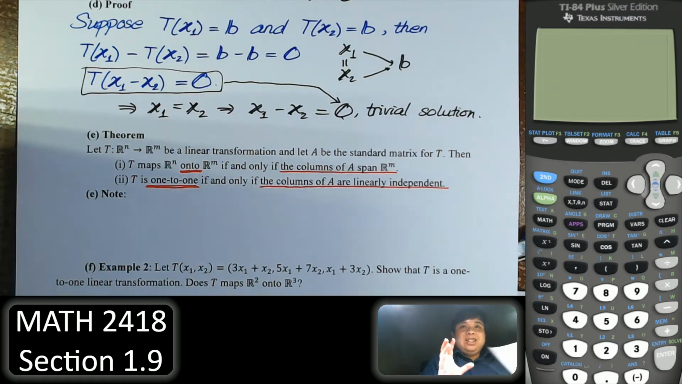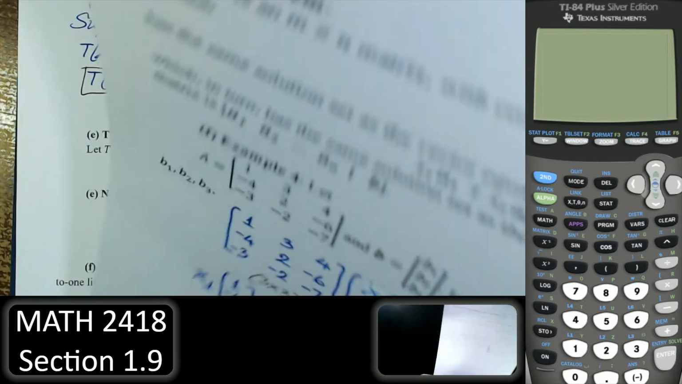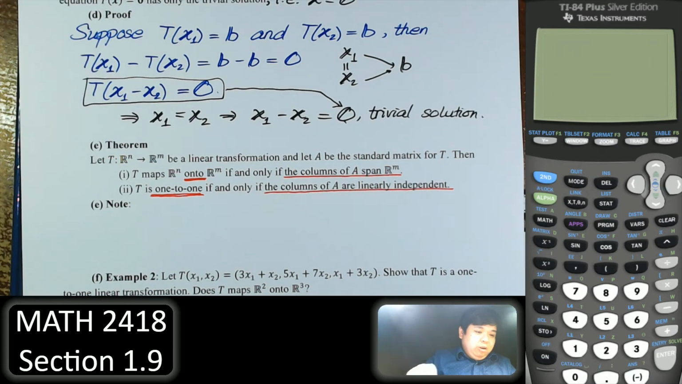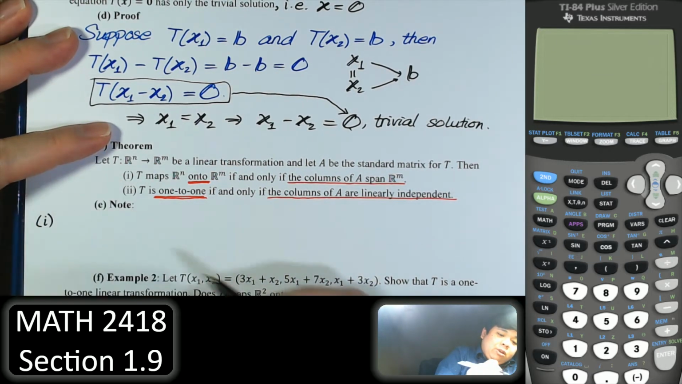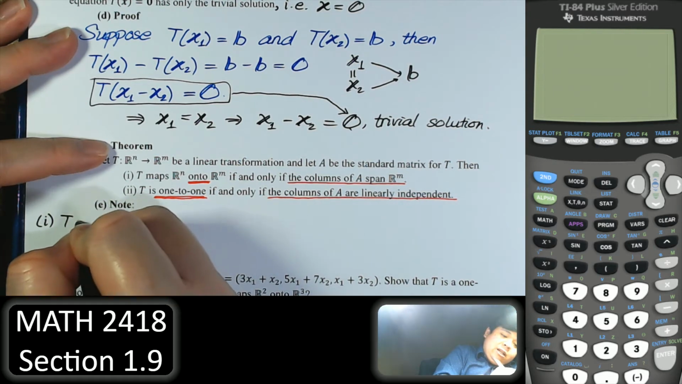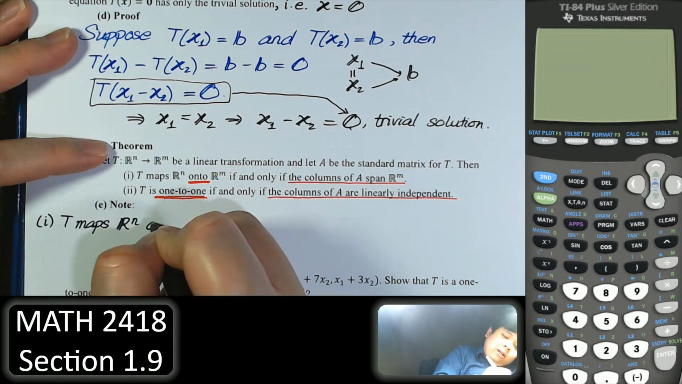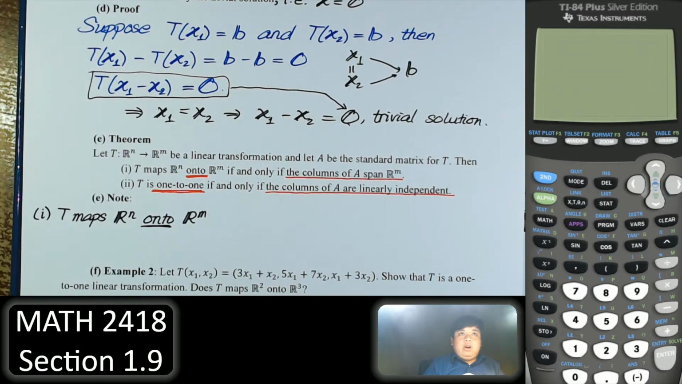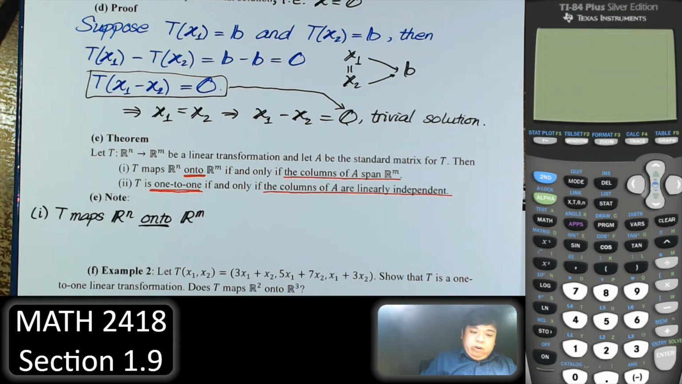So that's why I said this section toward the end of the chapter is good. It links a lot of concepts together, so it's a good review. Let me write all the equivalent forms here. The first point: these are equivalent. T maps Rn onto Rm. Now we focus on the onto. So the columns of A span Rm, which is equivalent to